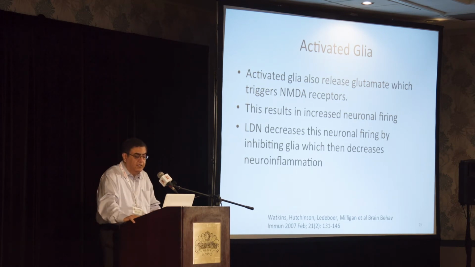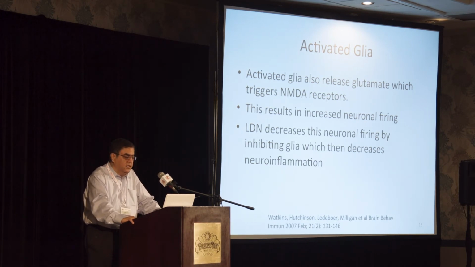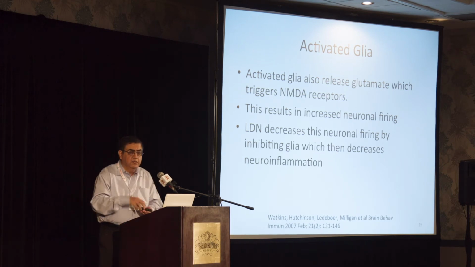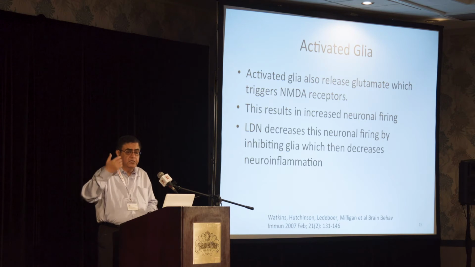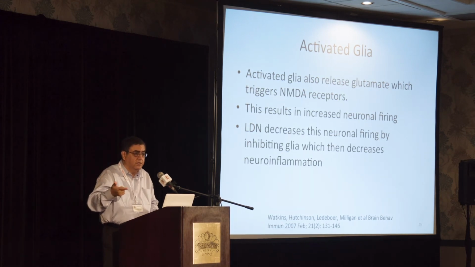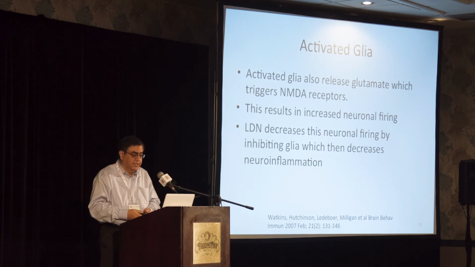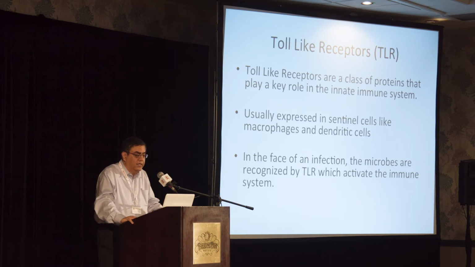And this is where LDN comes in. LDN decreases this neuronal firing by preventing these glial cells from getting activated. So LDN will prevent the glial cells from getting activated, which decreases neuroinflammation. It also acts on the NMDA receptors to prevent them from getting excited. The next thing I want to talk to you about was toll-like receptors, where